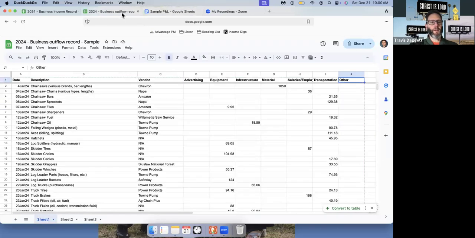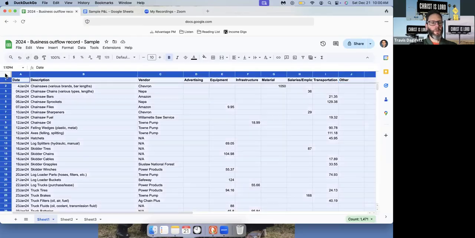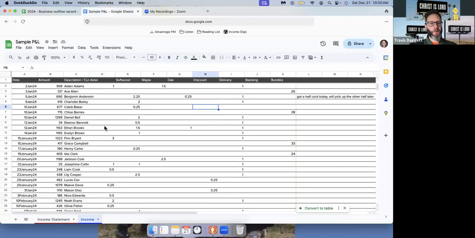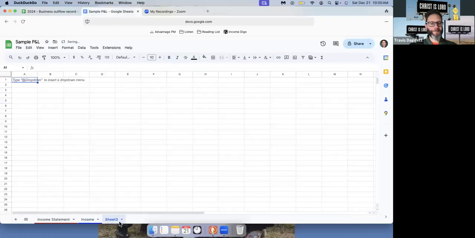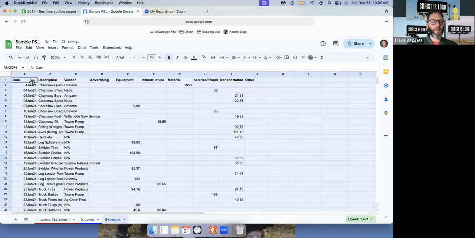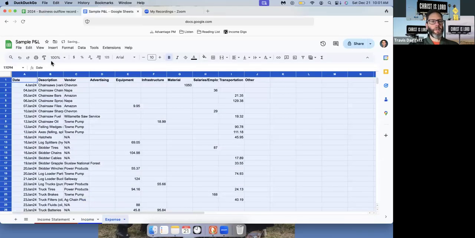Now I want to do the same thing with the expenses. So I'm going to go ahead and close that so I don't get confused, which is not all that hard to do sometimes, especially the older I get. Okay, so I'm going to paste the expenses in here, and I'm going to do the same thing